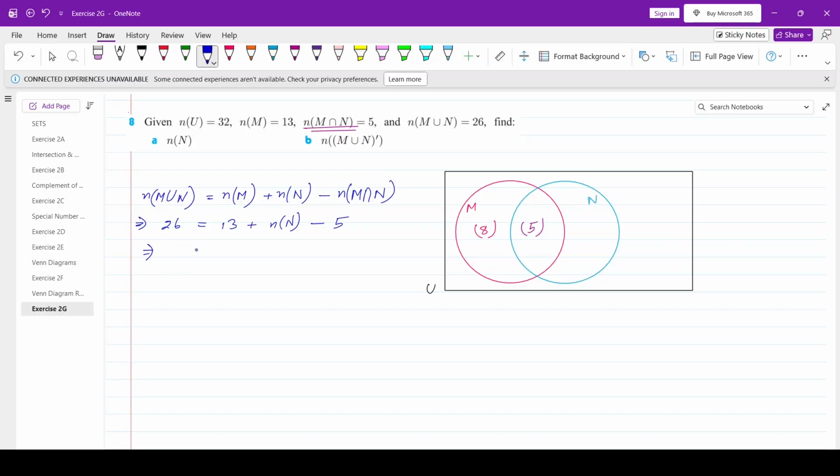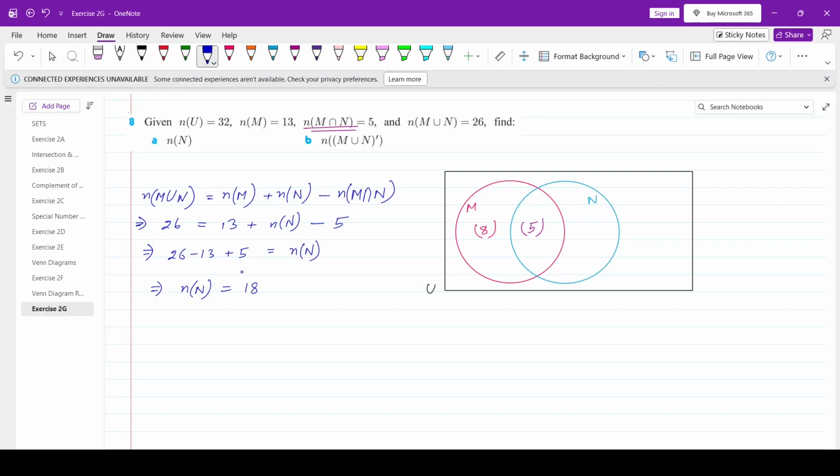From here we can say 26 minus 13 plus 5 is going to be the number of elements in N, and the number of elements in N will be 26 minus 13 will be 13, and 13 plus 5 is